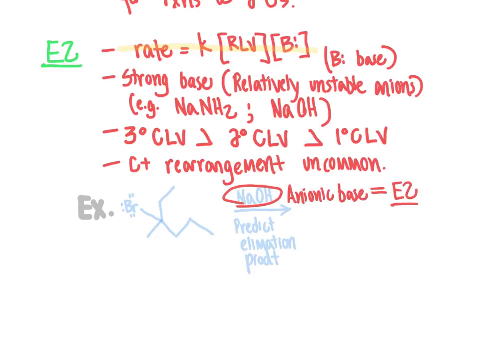So we have to think about where our beta hydrogens are, and I'm going to go ahead and fill in those beta hydrogens on our starting structure in green, because these are the ones that are going to be prone to potential attack by the base. And we also have 3 of them over here as well. So we have 3 different types of beta hydrogens in this molecule, one that's associated with this 2-carbon chain, one that's associated with a 3-carbon chain, and one that's associated with that 1-carbon chain there. All of those hydrogens shown in green we would describe as the beta position, giving us that so-called beta elimination